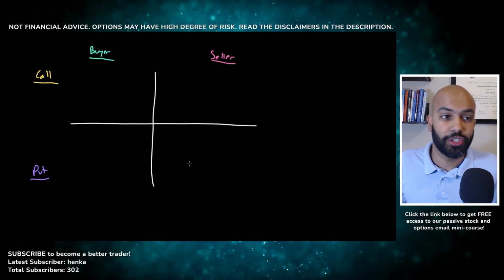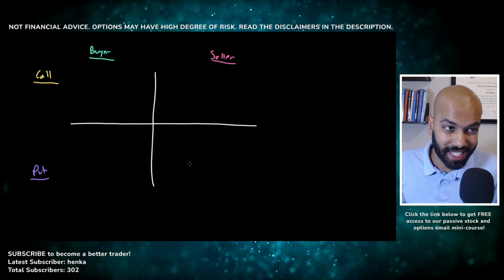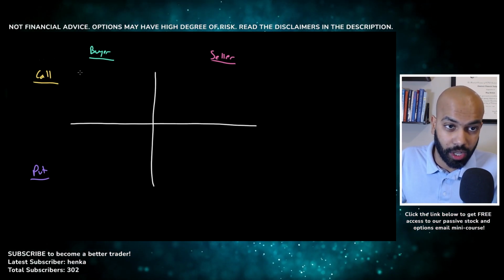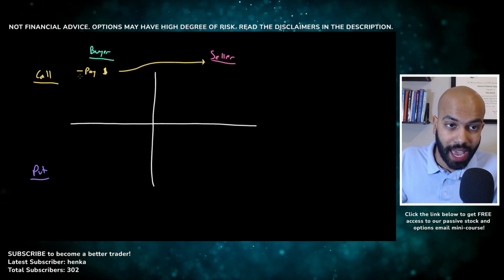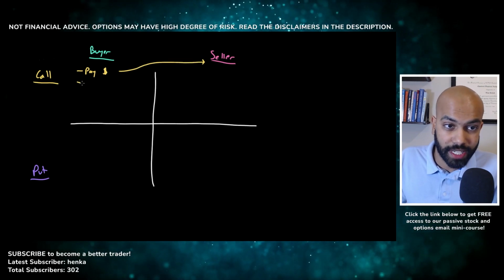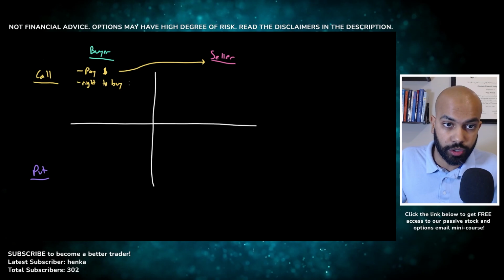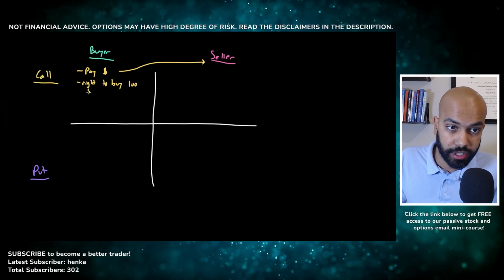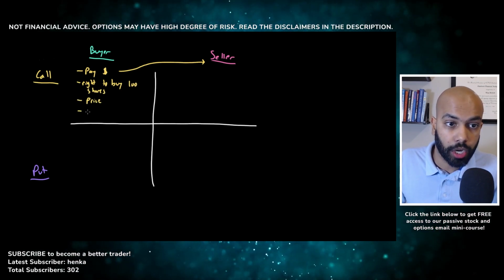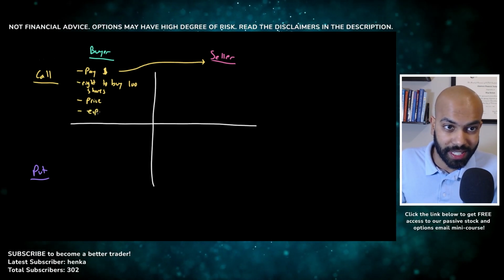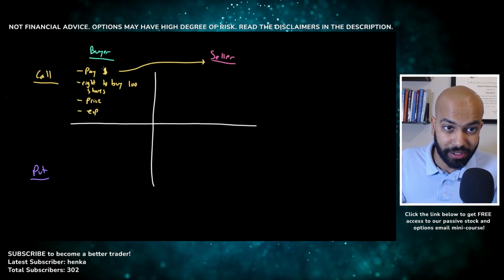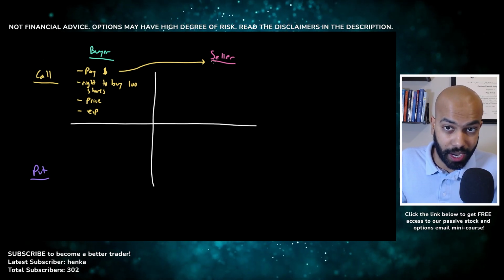And so let's say you wanted to buy a call option. What does this even mean? All it means is that the call option buyer, they pay a premium to who? To the seller. And why did they do this? Because they get the right, and these are the rights I talked about earlier, to buy 100 shares at a certain price on or before a certain expiration date. And so what this means is they basically pay some amount of money to the person who wrote the option to them.